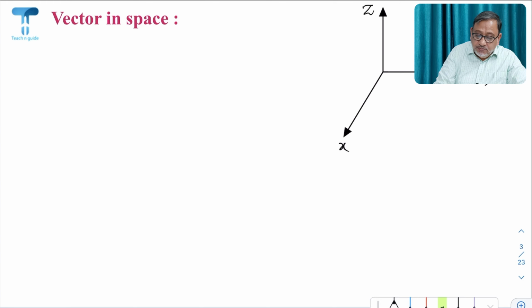Suppose there is a point P here in space whose coordinates are x, y, z. Okay, so join it with this. Then we want to find